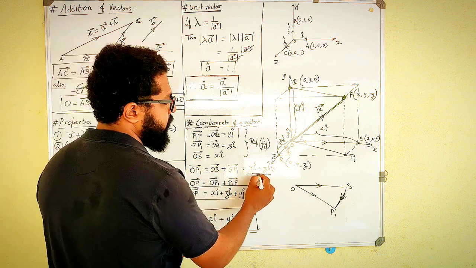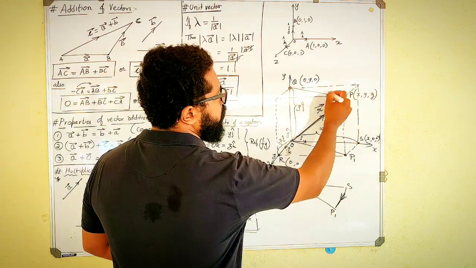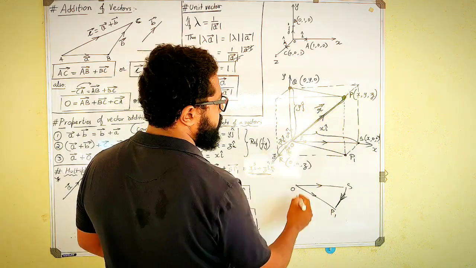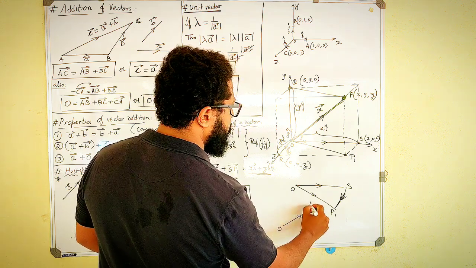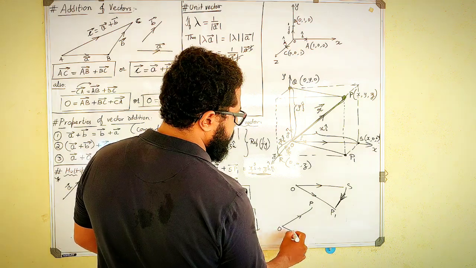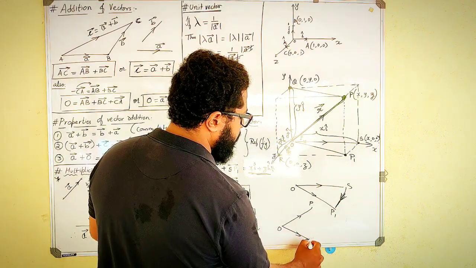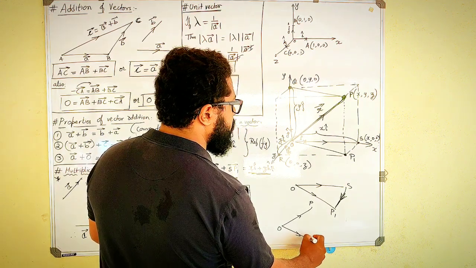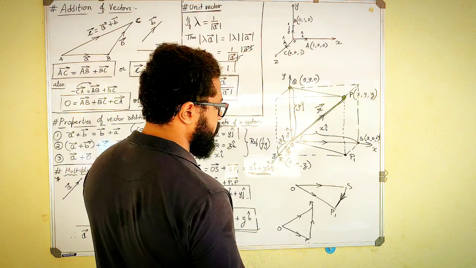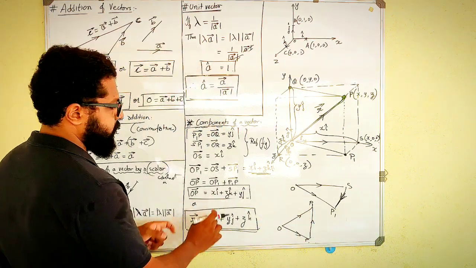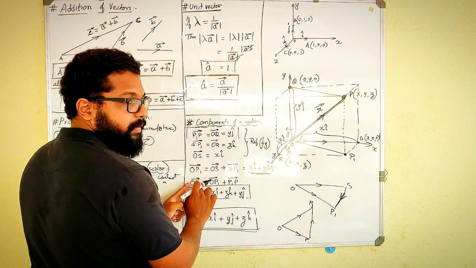Okay, so this is done. A part of it is done. Next, my main intention is to find out the OP vector, this vector. So which means I will have to draw another triangular vector addition. OP like this, and this one is needed, that is OP vector, and this is the closing point of that, that is P1P vector. Okay, so it is like this, that is OP1 vector plus P1P vector will give me OP vector.